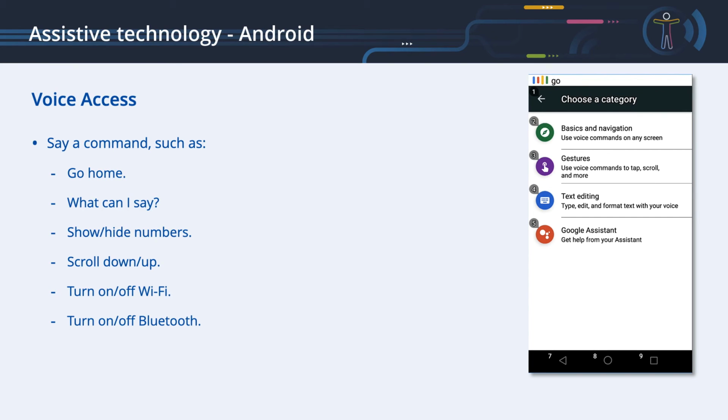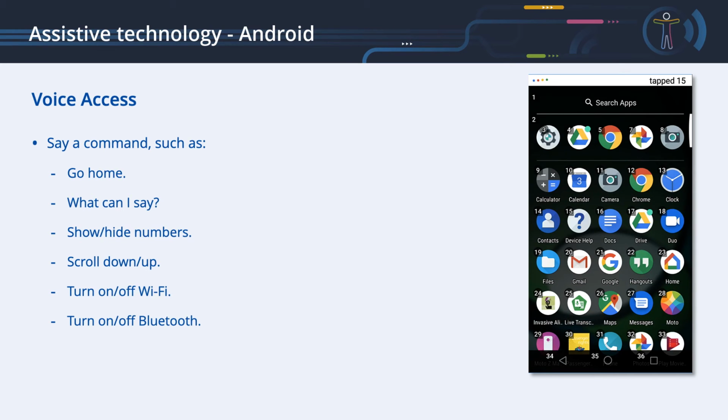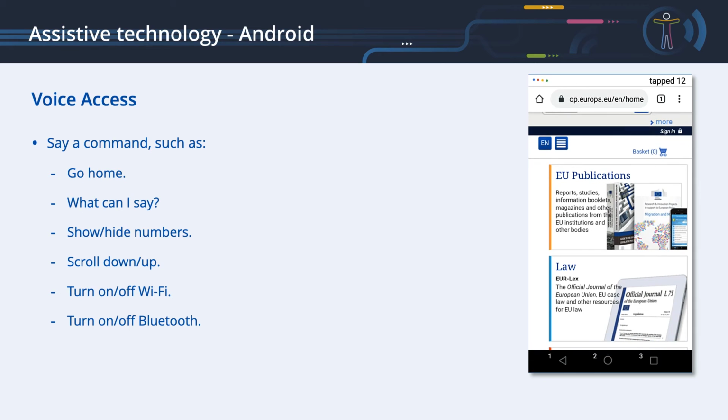Go home. Tap 15. Tap 12. Hide numbers. Show numbers.